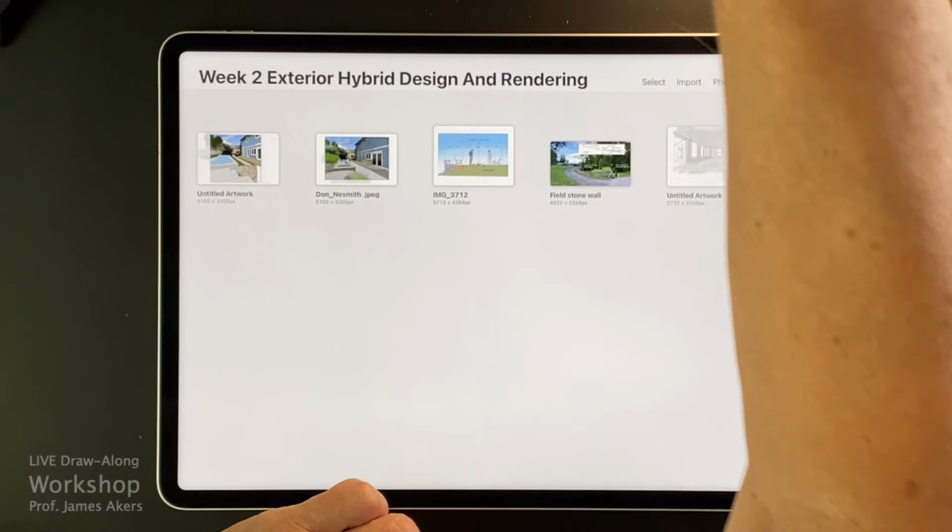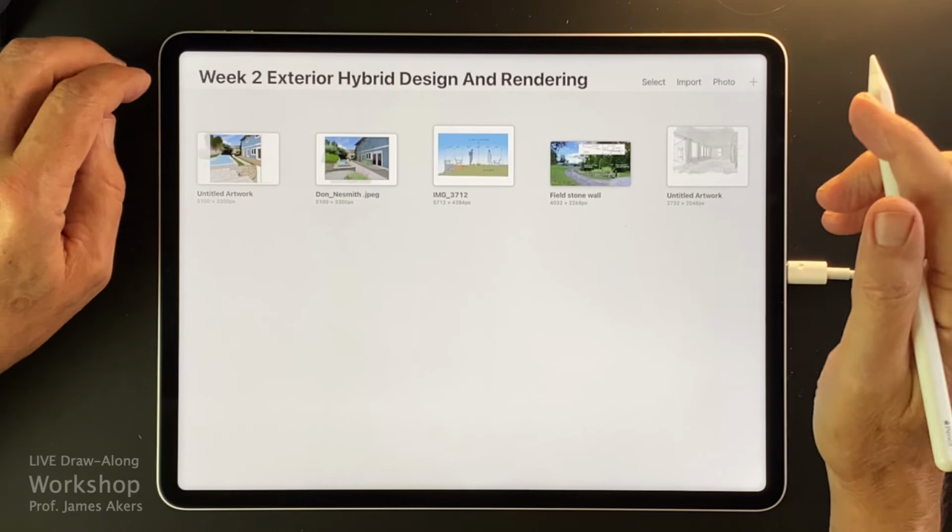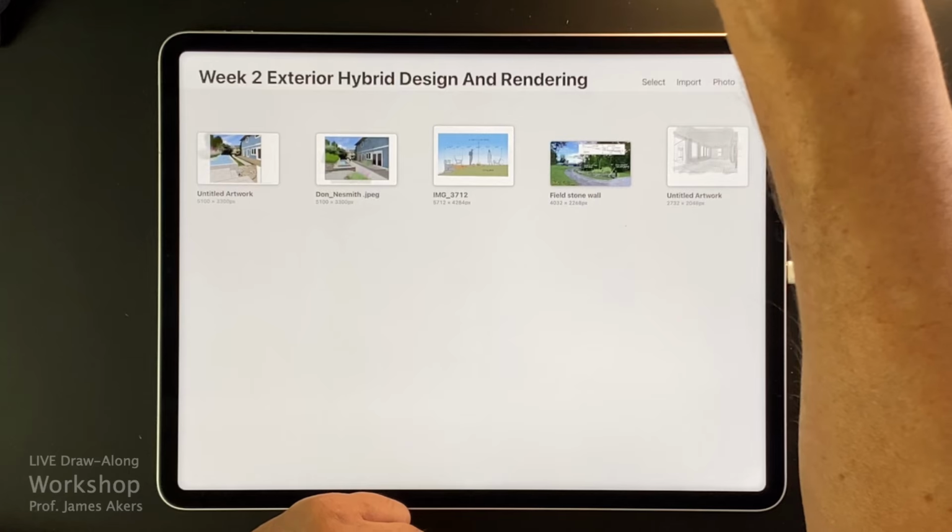So I actually have a good example because I've been thinking of making a course specifically in perspective. Let's see, I'm going to switch to the overhead camera here and show you.